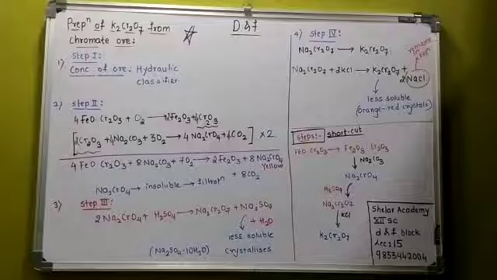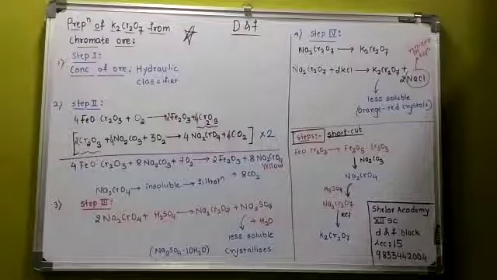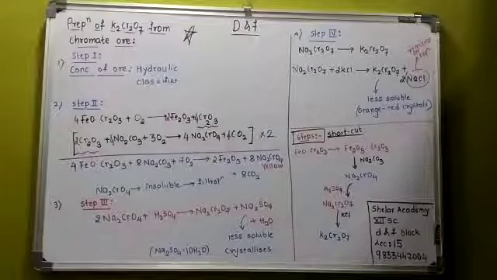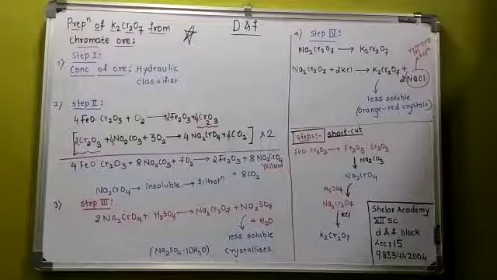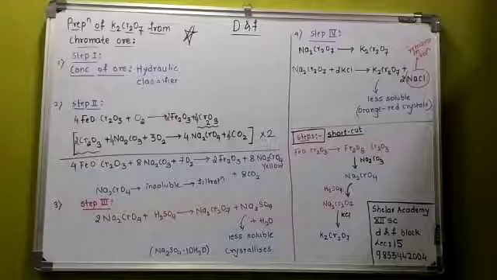What is roasting? It is burnt in air. So what happens? The concentrated ore is mixed with soda ash, which is Na2CO3, and limestone, CaO. It is roasted in excess of air in the reverberatory furnace. You have done this in metallurgy. You know what a reverberatory furnace is.